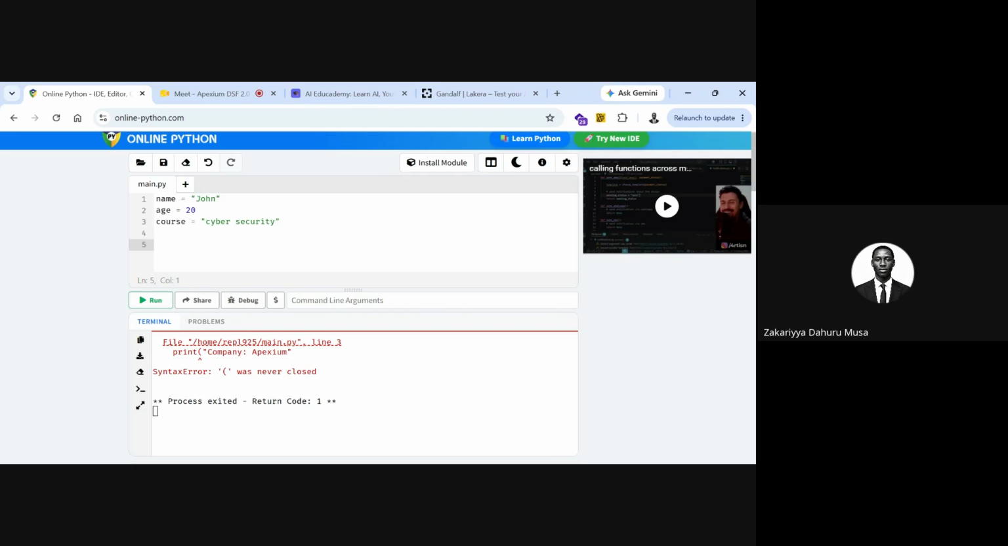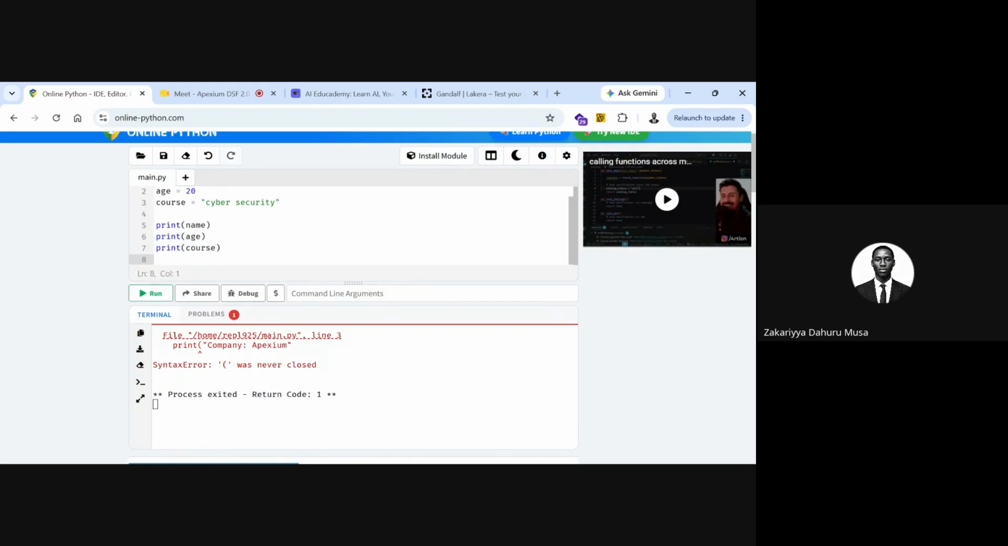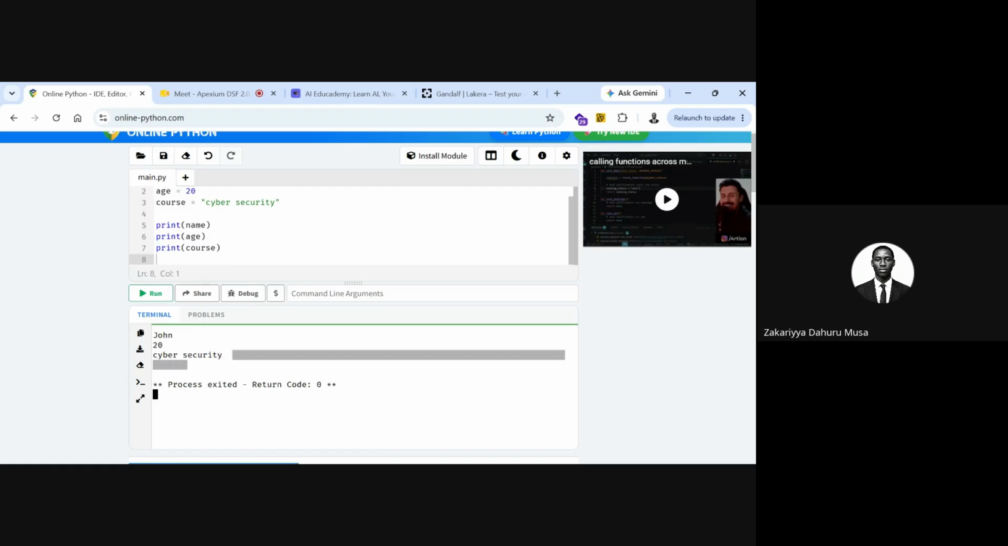So now, let's say print the name, right? Print age. So instead of saying print 20, I will just say print the age, because I'm sure age is 20, right? And then the last one, I can say print the course, like this. And then here, let me run this. Can you see that I have the name as John, the age as 20, and the course as